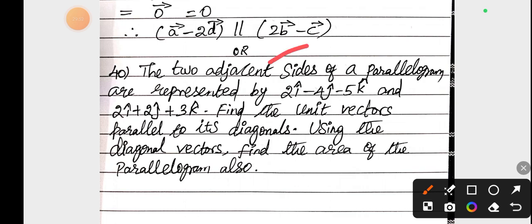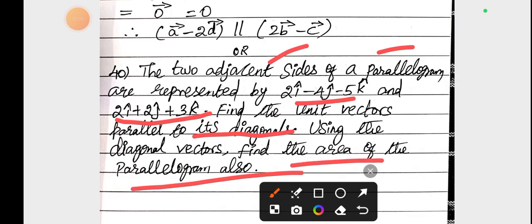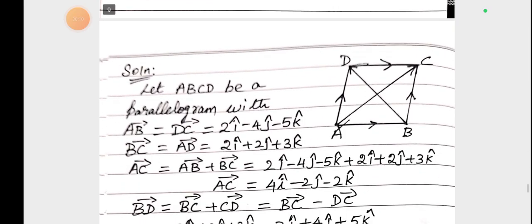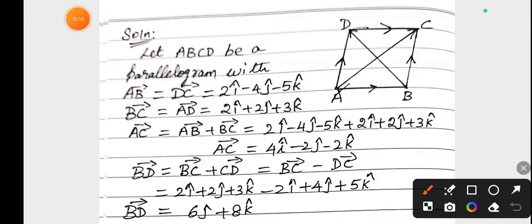Two adjacent sides of a parallelogram: one is 2i minus 4j minus 5k, another one is 2i plus 2j plus 3k. Find the unit vectors parallel to its diagonals. Using the diagonal vectors, find the area of the parallelogram also. Nice, no? So draw the diagram, and we know ABCD is a parallelogram